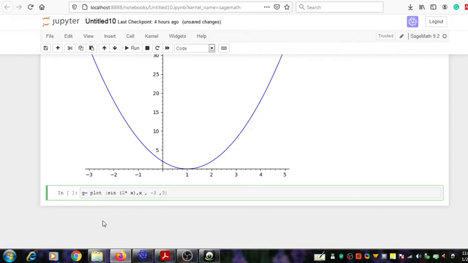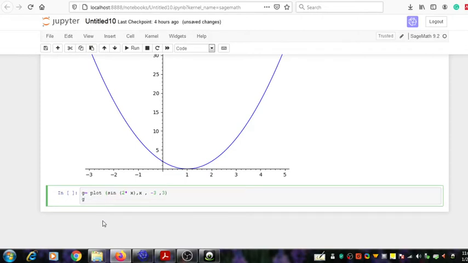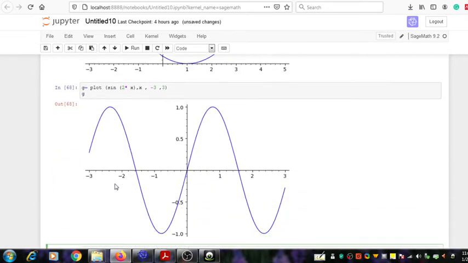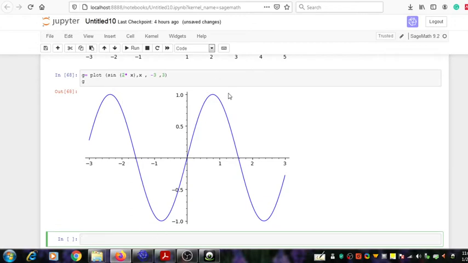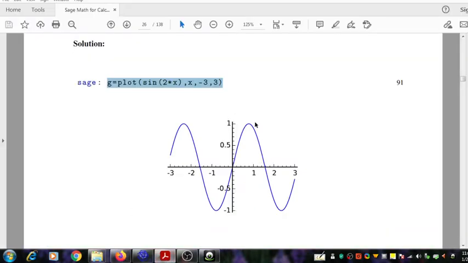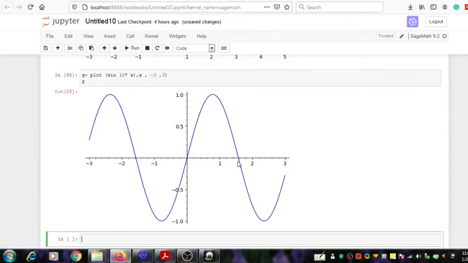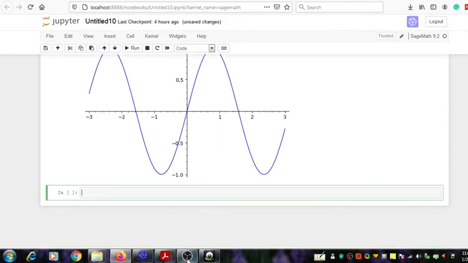And the next line itself, you can take that output just by typing G and pressing enter. You can see this is the graph. Let's compare the graph with the manual study material. Yes, it is the same. It's -3 to +3. That graph you can see displayed here. Okay. Next